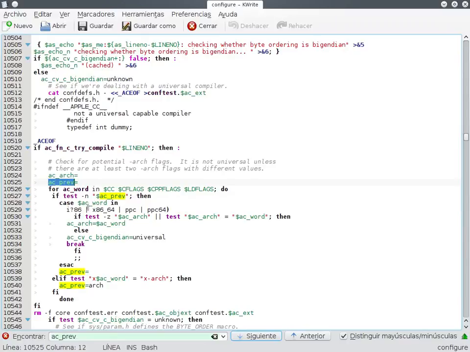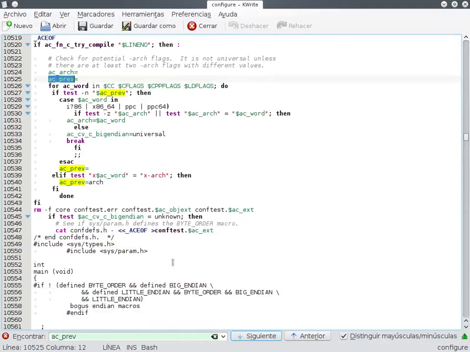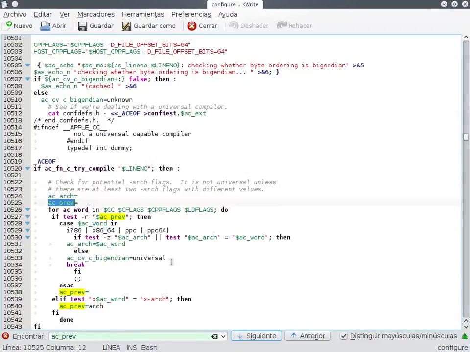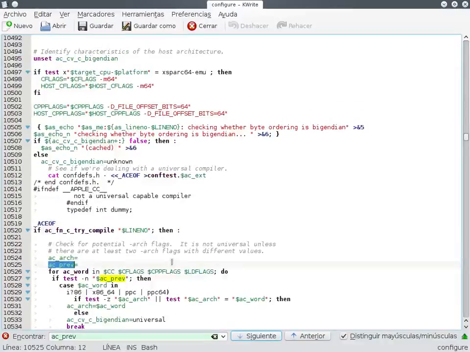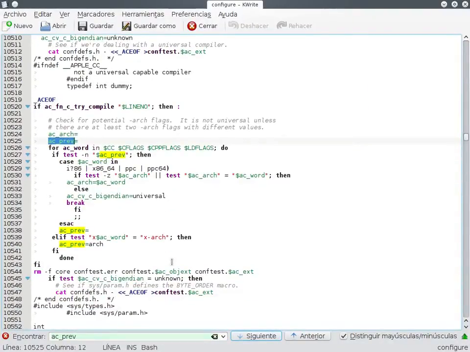But if this has been done, this is going to be found in the Grub package. So if you go into the package, so if you go here